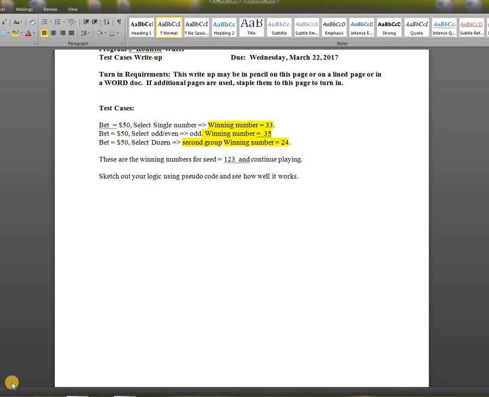Hi, welcome to the test cases help for program 5, the roulette wheel. Yes, we're going to model a roulette wheel, just like we were in Monte Carlo or Las Vegas. Anyway, the test cases, as you note, don't look the same as the other test cases, and that's because we